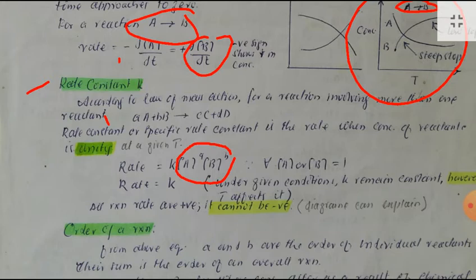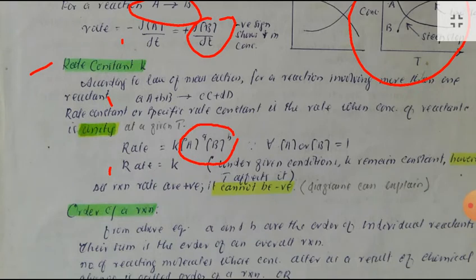Next, we are moving towards order of a reaction. Order of reaction basically tells us about the concentration of reactants. We are not talking about order with respect to product, because product doesn't matter in determining the order of a reaction. But whenever we talk of order, basically we refer to concentration, or in other words, the role of concentration of reactant. In other words, we can say that when a reaction is taking place between two or more than two reactants,